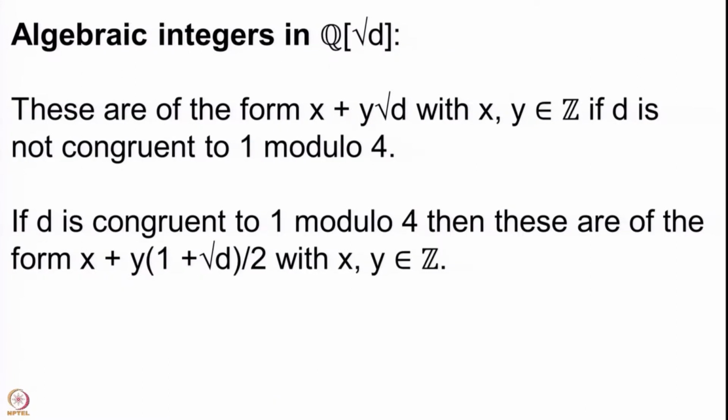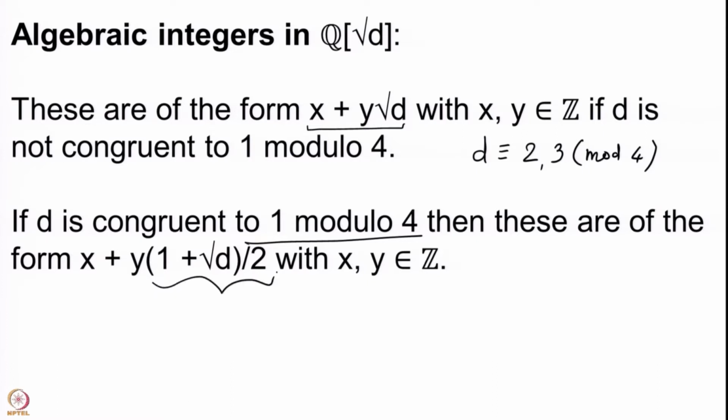But when we look at Q root D, we saw that there is a nice description of algebraic integers in Q root D. The description is given by the elements have the form x plus y root D, where x and y are integers, provided that D is not congruent to 1 modulo 4. So, here D is congruent to 2 or 3 modulo 4, and here we have that D is congruent to 1 modulo 4. Then we have noticed that 1 plus root D by 2 is also an algebraic integer,